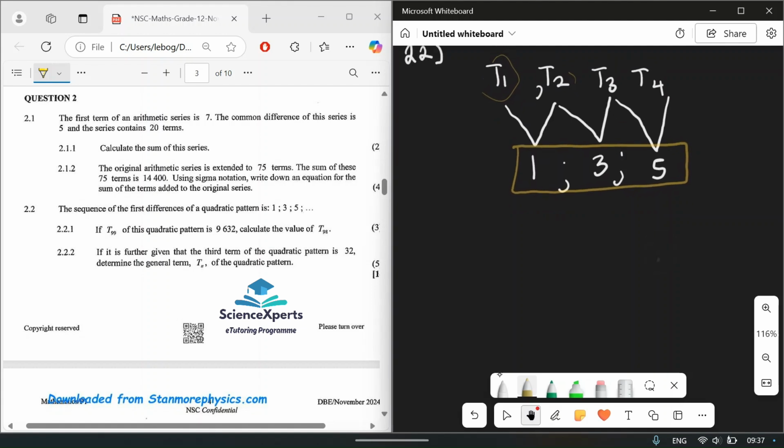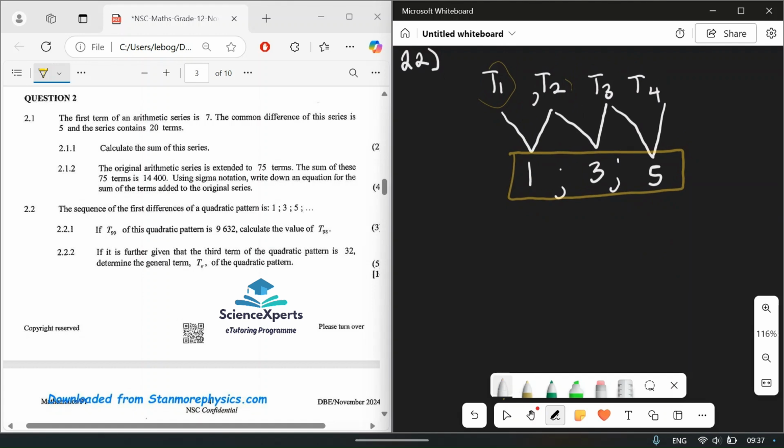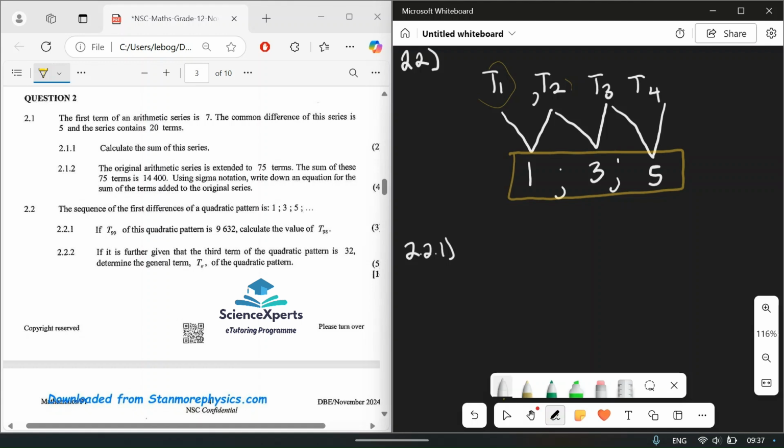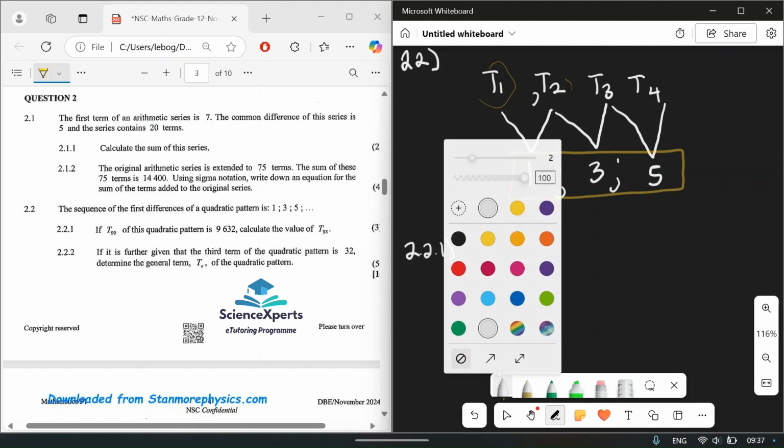So yeah, they then say 2.2.1: if T99 of the quadratic pattern is 9632, calculate the value of T89 of the quadratic pattern, right? So now we can make use of this linear sequence, right? Because we know that